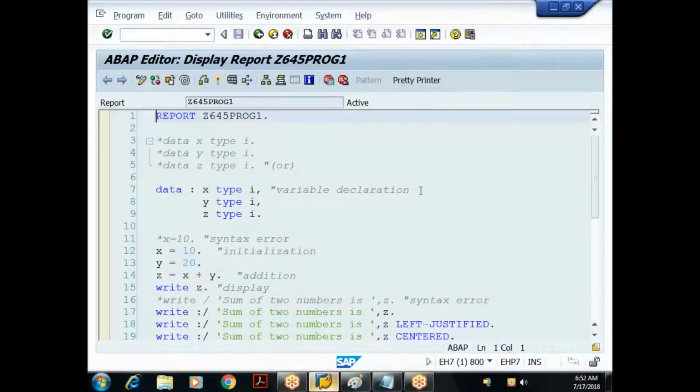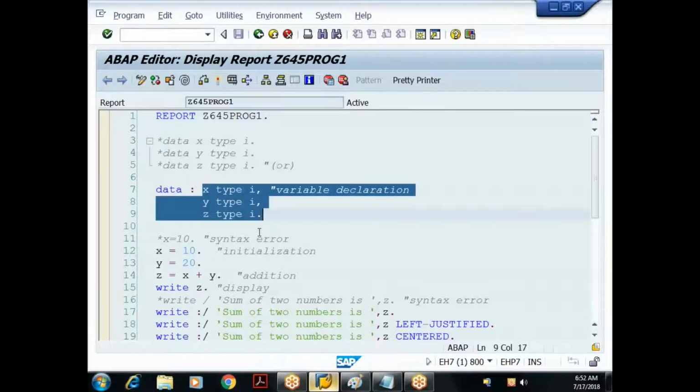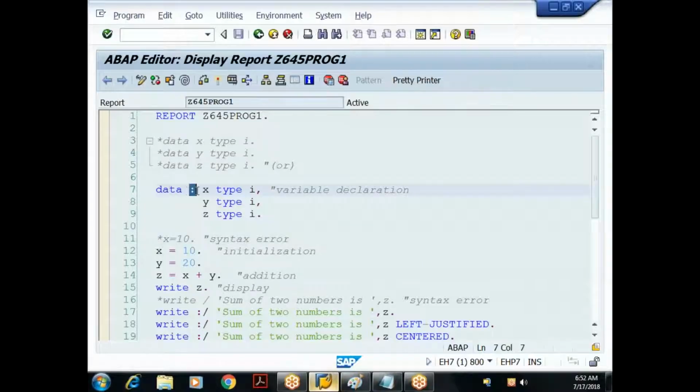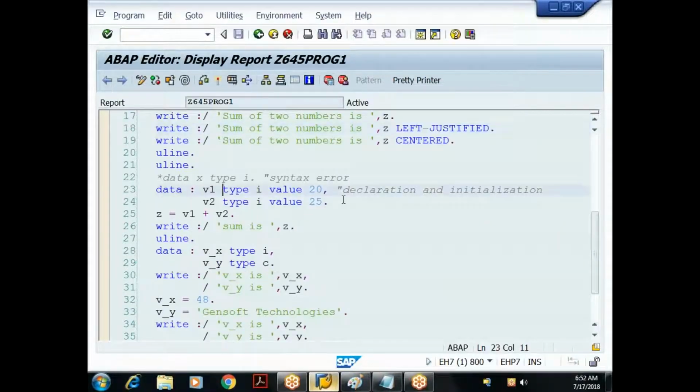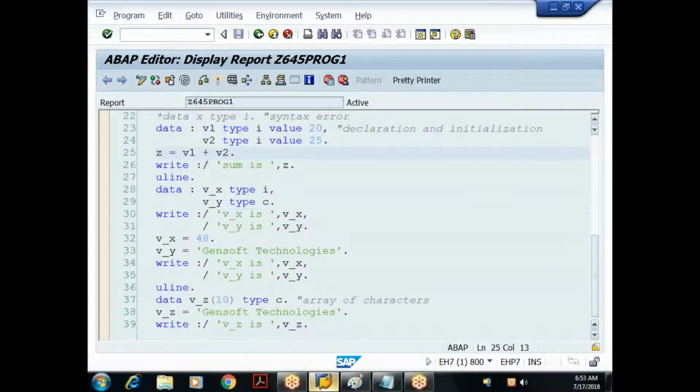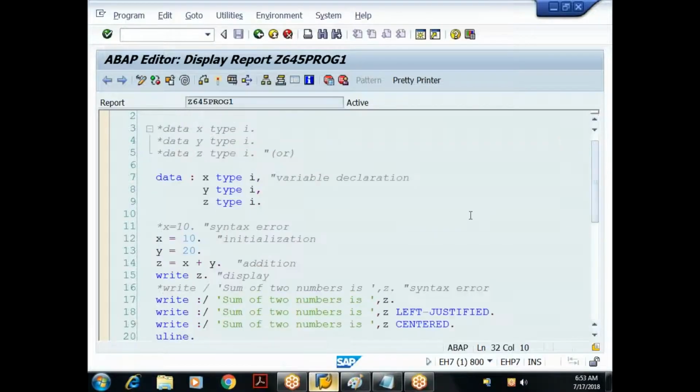In this particular program, we understood how to declare multiple variables by using the DATA keyword and the chain operator. Then we understood the WRITE statement, and we have seen some of the additions related to the WRITE statement. We also discussed how to declare a variable and initialize it by using the VALUE keyword, and how to declare an array of characters. So in continuation to this,